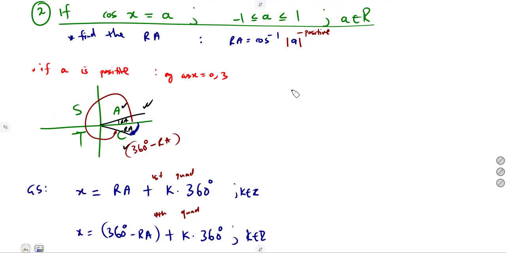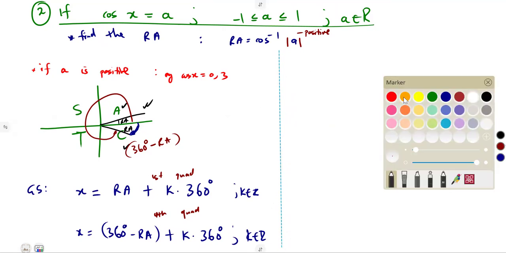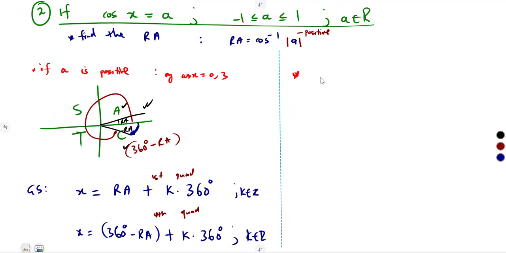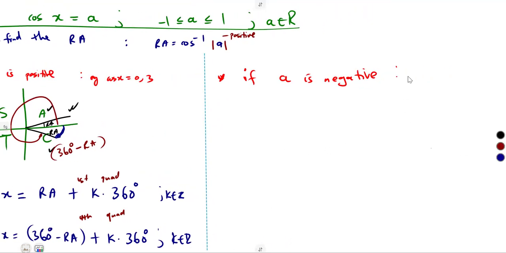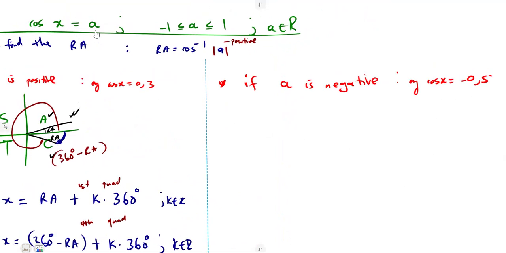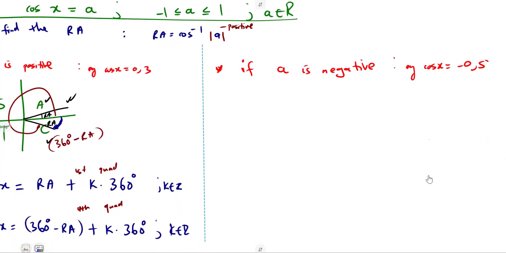What about when it is a negative? Just like what we had here, we are going to use the same concept. Same concept. If A is negative, for an example, you are given the cos of x being equal to negative 0,5. If cos x is equal to A, and the A there is a negative value, you must